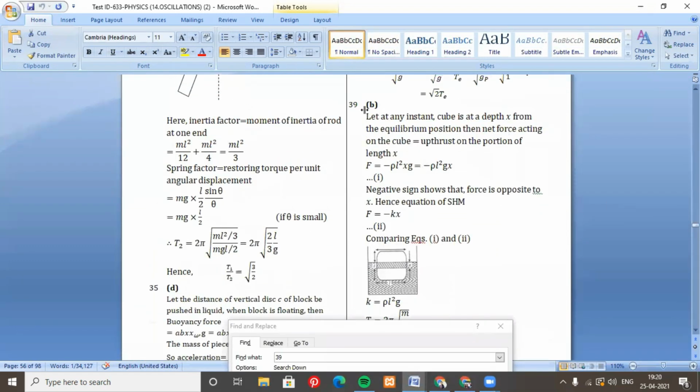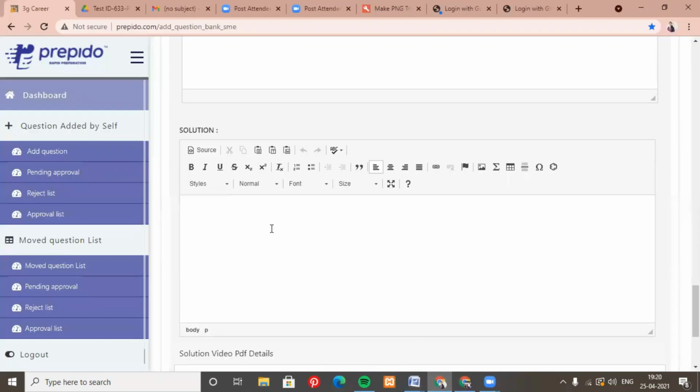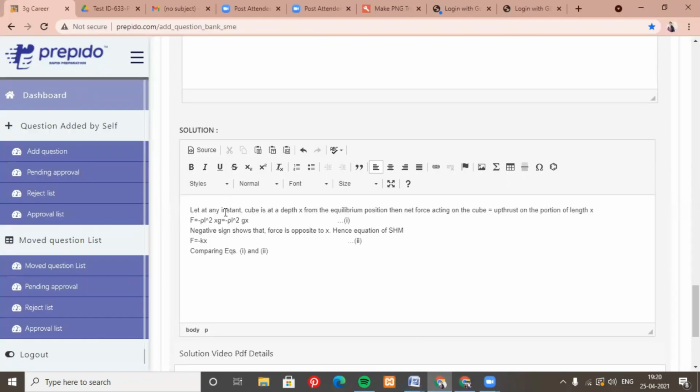So here is the solution. You can copy everything, Control C, and then directly give Control Shift V here. Remember to use the Shift also.